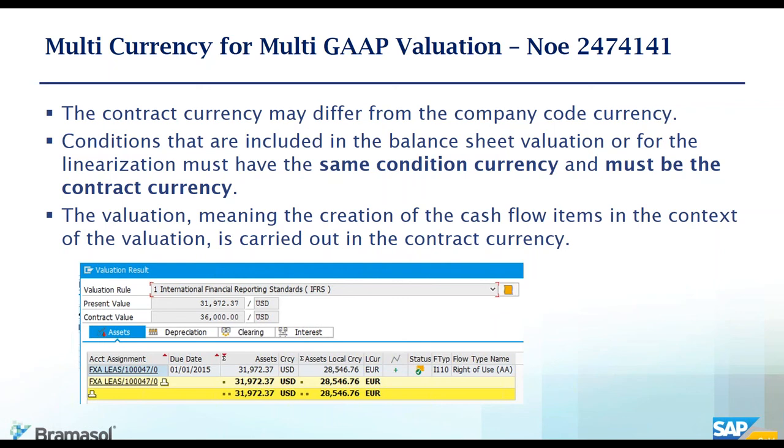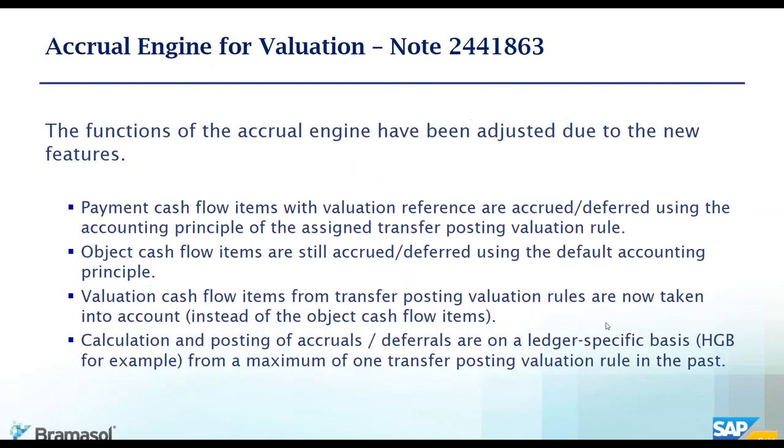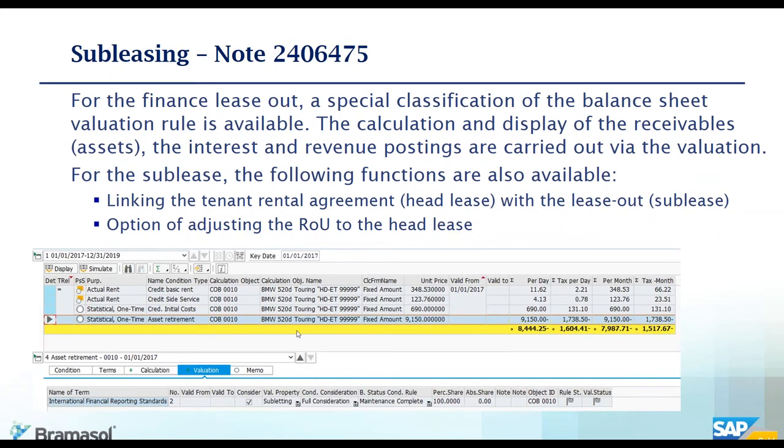On one of the slides I had back with the subleasing, at the very bottom you see an example of the detail related to a payment condition. And you see here where it says valuation property, that may be consideration, right? Full consideration or not considered. And there's also a percent value there or an absolute value number. So I can say, oh, 80% of the payment should be included or $9,000 of a $10,000 payment. So you can define that as the asset count and how much actually does participate in the valuation process.